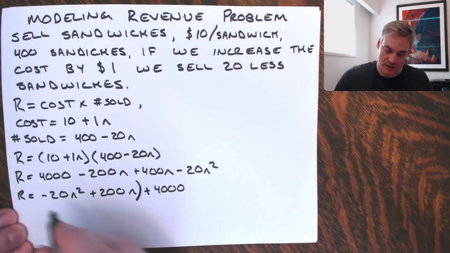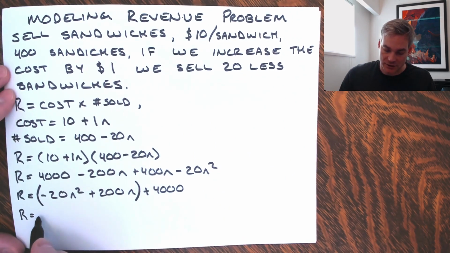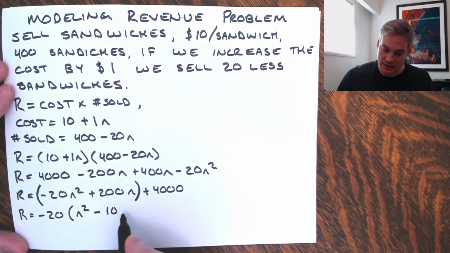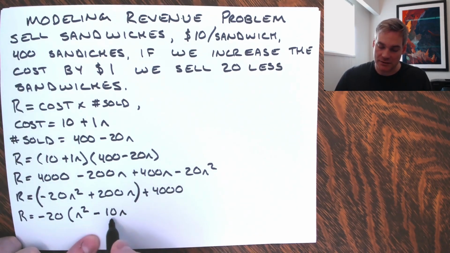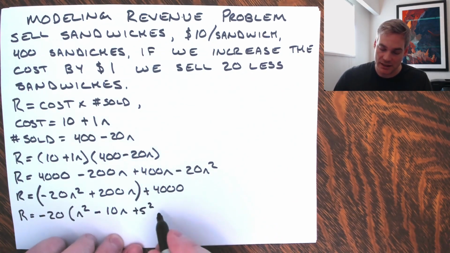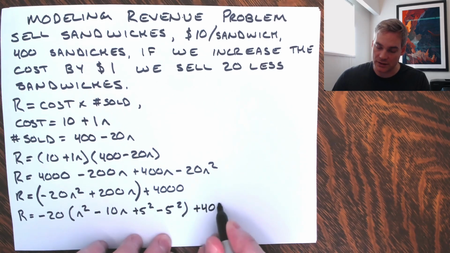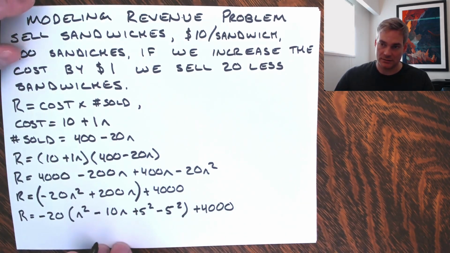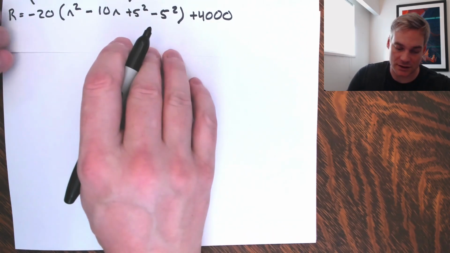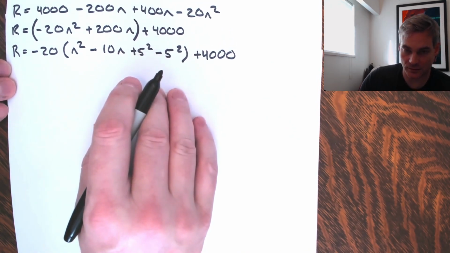So we'll group the first two terms, and we have to factor out the negative 20, and that gives us minus 10n. Now we want to take half of this and square it. So that's plus 5 squared, and then because we added it, we have to subtract it, plus 4,000. Now, I'm going to move this up. So what we have